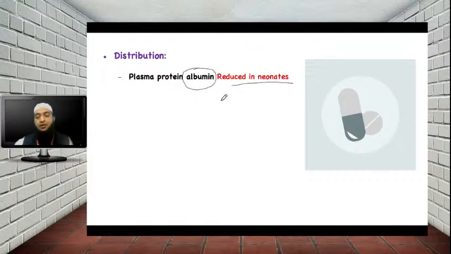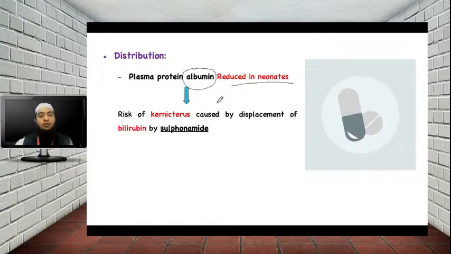Now when these drugs become free from plasma protein, what these drugs are doing in case of the children, they are replacing the bilirubin from the binding site. So bilirubin was not actually present in the free form, or if it is present, then only to a certain extent. But now, since the plasma protein albumin level is reduced in neonates, if you give a drug like sulfonamide which is supposed to bind to the albumin, since the albumin level is less, their concentration becomes free, and what they will be doing, they will displace bilirubin from the binding